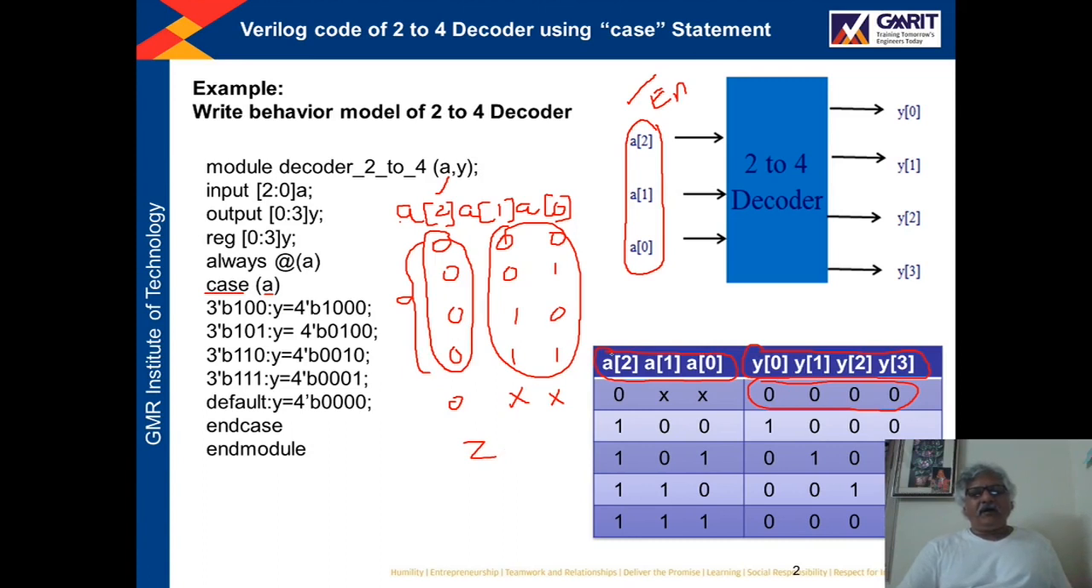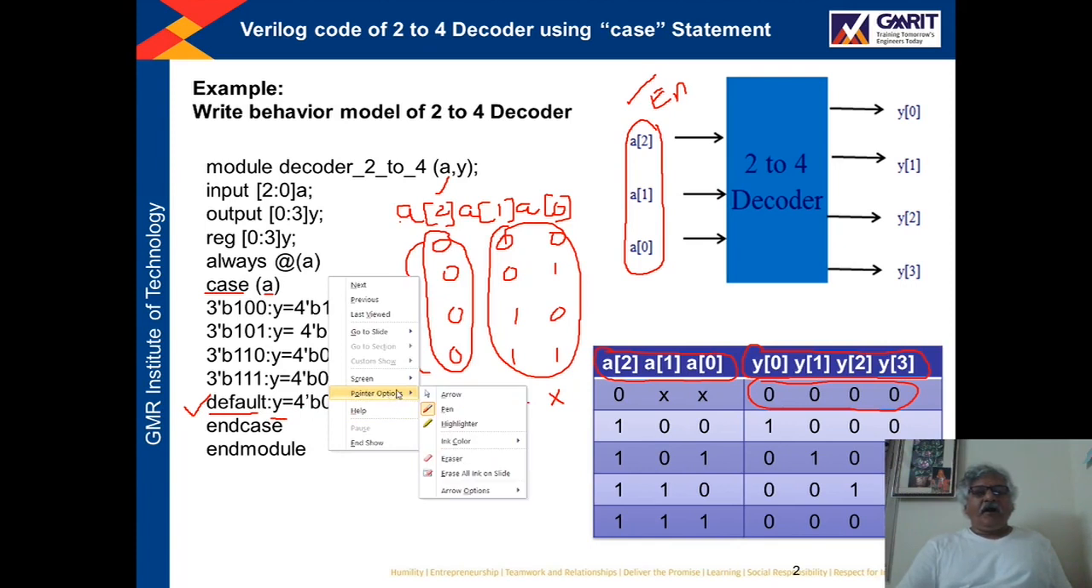So all these conditions will be included in the default case, right? Default: 0, 0, 0, 0 will be assigned to Y. So all these cases will be included in default. Now apart from this,